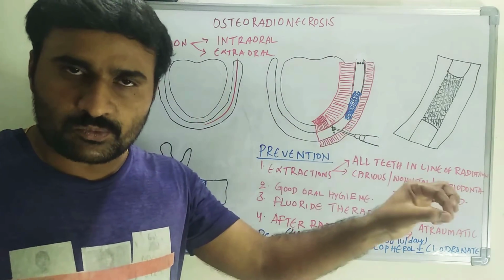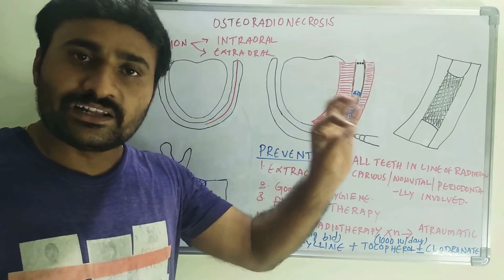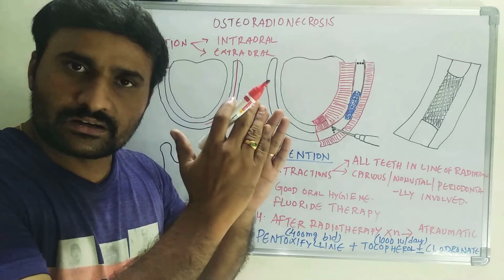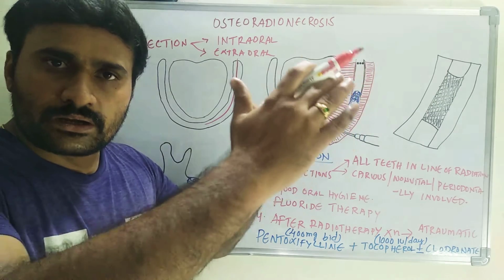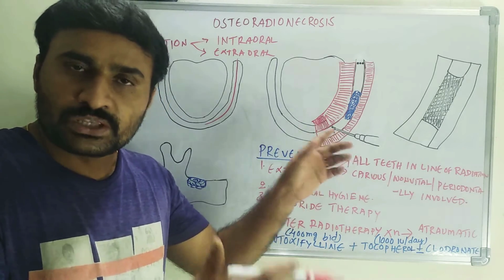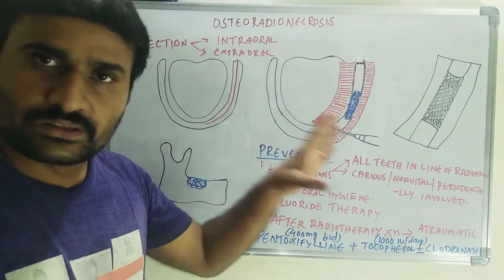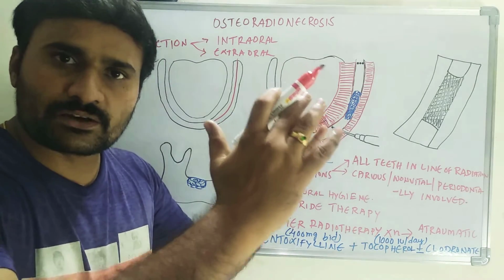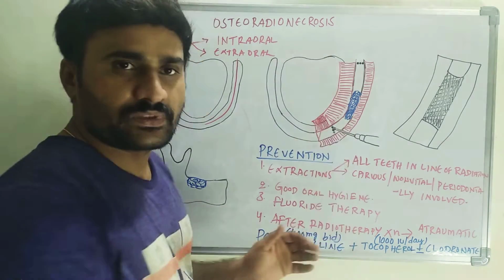After that, we have to take a micromotor and start making holes in the cortical bone until you get bleeding. That is the way to differentiate between the necrosed and the vital bone. So you have to get the lines where you have to place the osteotomy cuts. By doing this procedure, you can differentiate between the necrosed and the vital bone. After making perforations and differentiating the necrosed bone area, then you have to place the incision cuts in the bone.